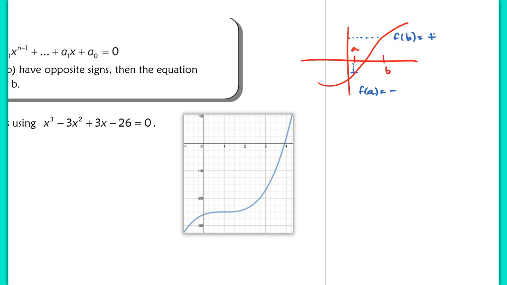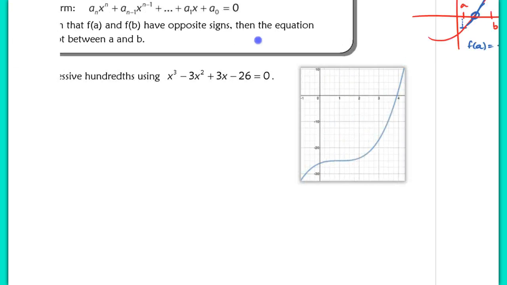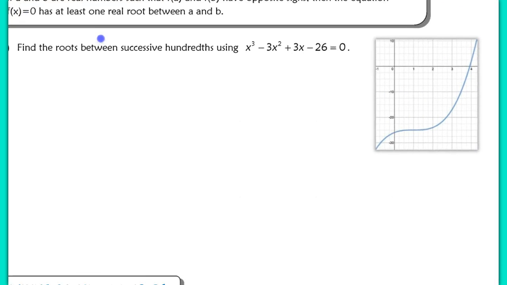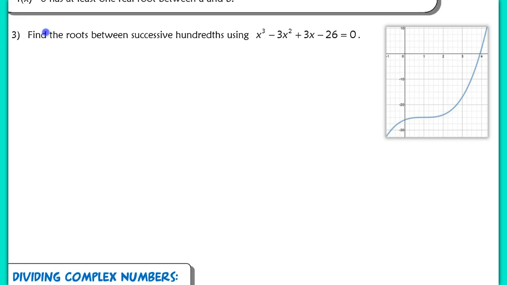So because f of a and f of b have a sign change, they have opposite signs, there has to be somewhere a root, a real root in between. And in fact there is here from the picture, right? So that's all that essentially says, that root has to occur between the interval of a to b. It's an open interval from a to b. Alright? So let's use that idea here when we are given this equation and asked to find the roots between